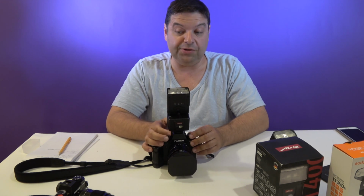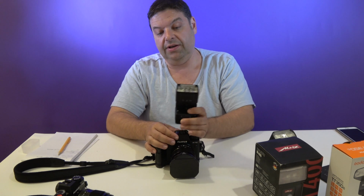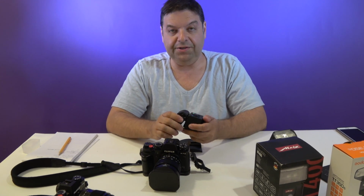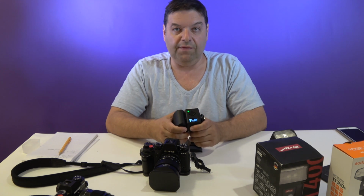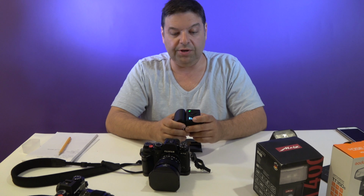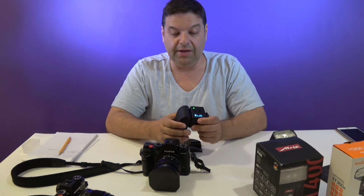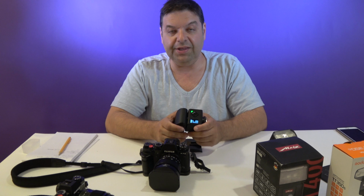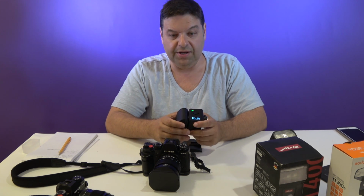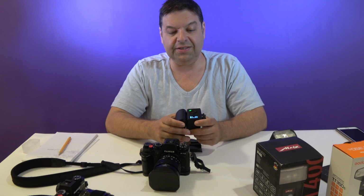So great flash, but $279. Now, in terms of Nissin i40, I did own this flash for Fuji, also I had it for Sony, for Canon, and the Nikon mount. The problem that I found with Nissin i40 Flash, which is also I think $279 new, is that in order